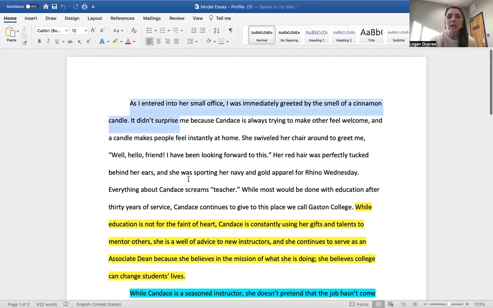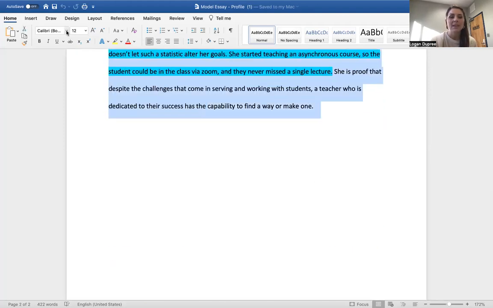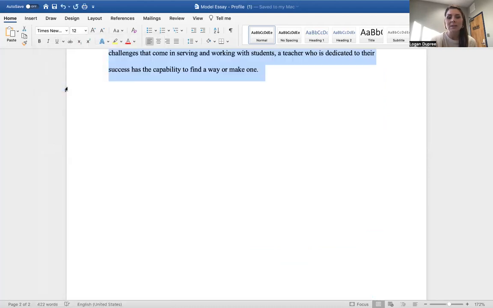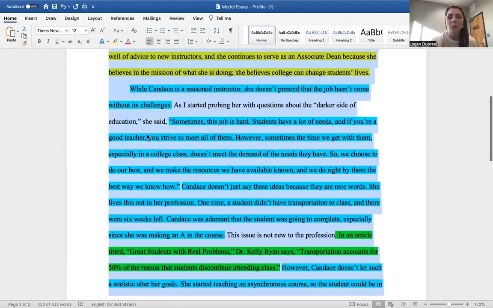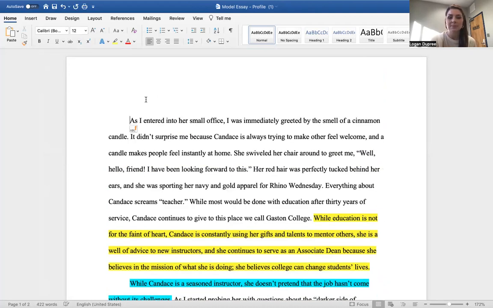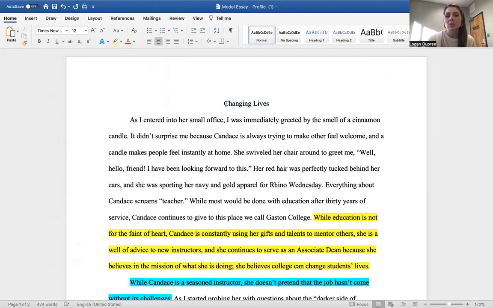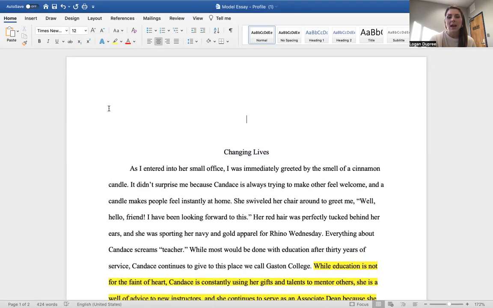So what I first want to talk about is something really, really simple. And that's MLA format. Guys, MLA format should always be Times New Roman, 12-point font. As you can see, everything here is double spaced. You need a creative title that reflects the content of your work. So for example, this essay is a lot about how education and teaching changes lives. So that's a good reflective title that mirrors the work that I've done.